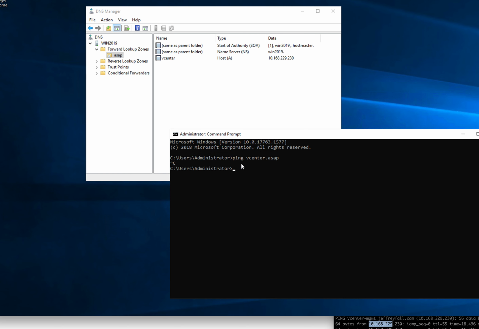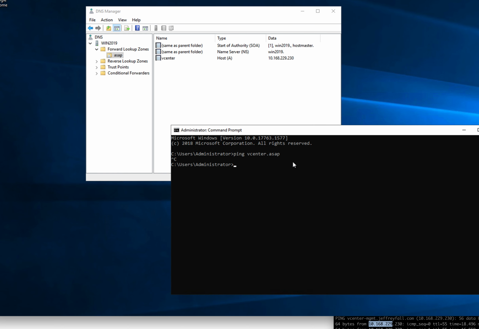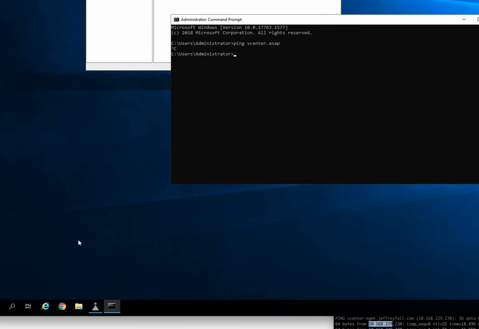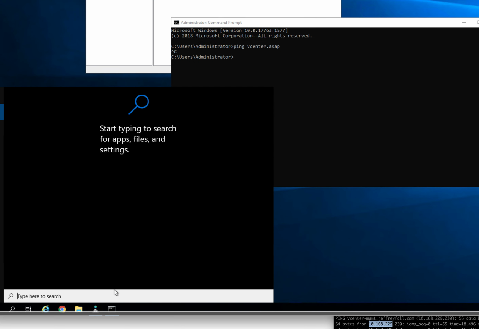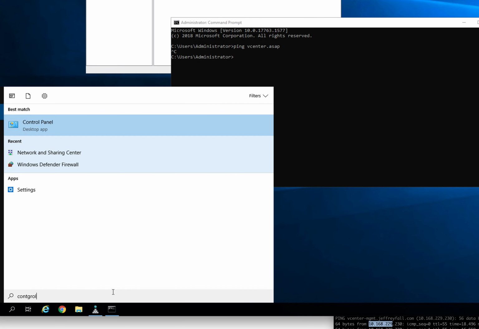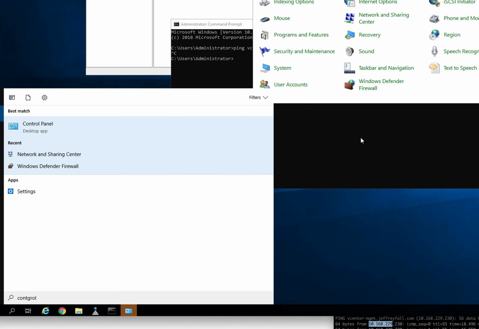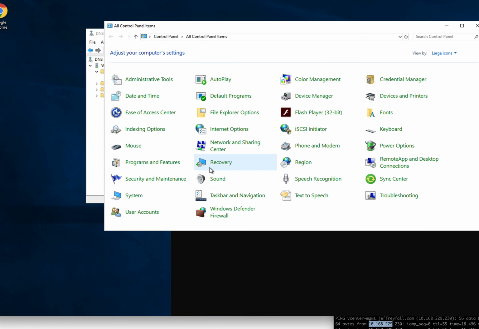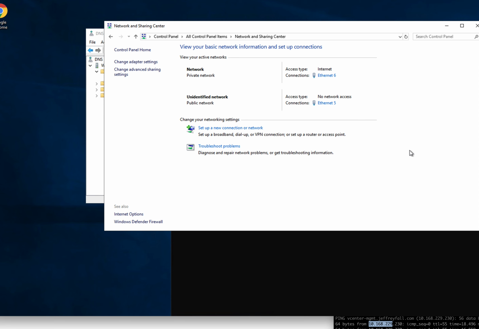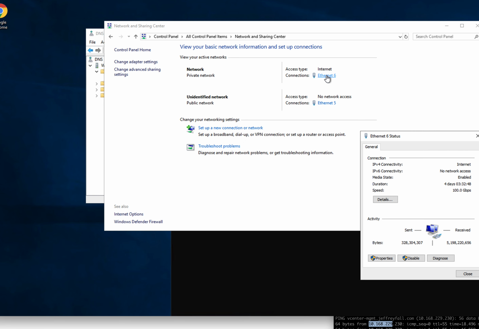But from a Linux host, I should be able to do a dig, and this should work. But I think what I'll do is, I wonder if I can do localhost in this thing as a server. Let's see if we can do localhost and use that. So I'm going to go to control panel, here, and we're going to go to networks, and this one's private, and we're going to go to,